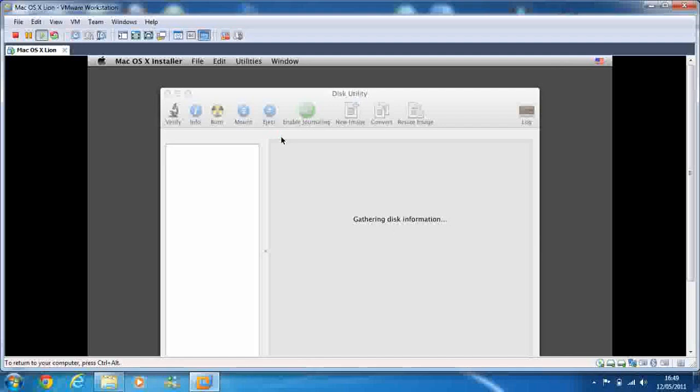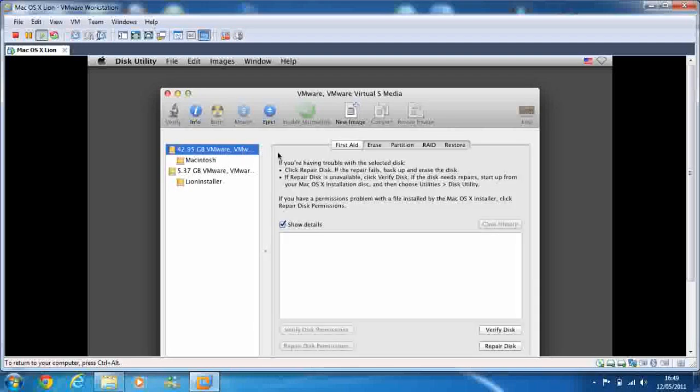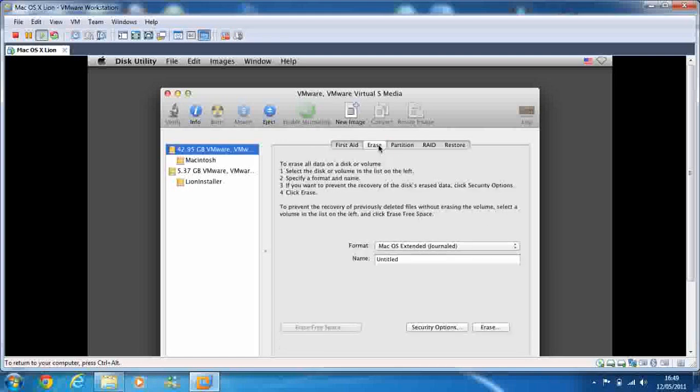So make sure you hit the right one, the one that doesn't have the Lion installer partition, so the VMware drive. So just click that and press erase, and make sure you go to OS extended journal, and I'm just going to call mine Macintosh HD, although you can name it whatever you want. So I'm just going to press erase